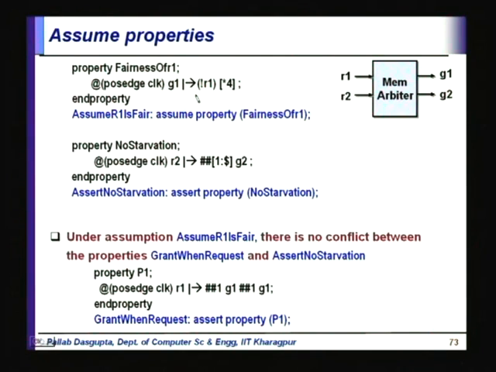The test bench has driven some scenario which was not expected, right. If the simulation trace violates an assumption, that means that the simulation has driven a trace which was not supposed to come,